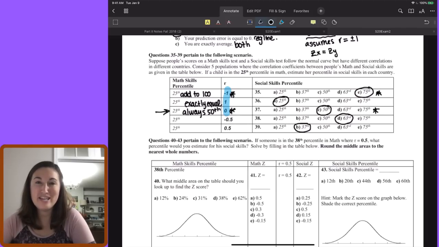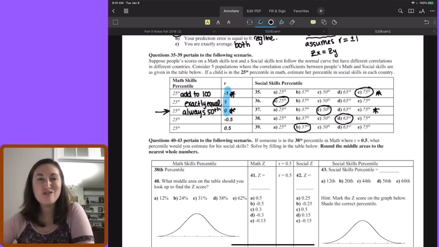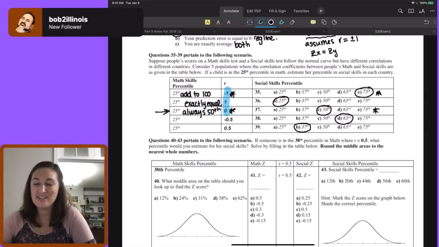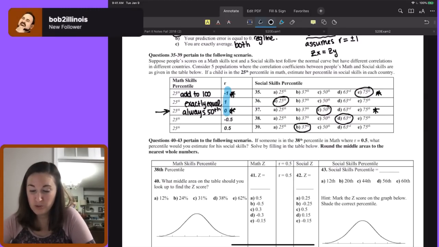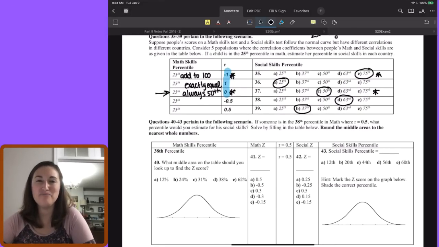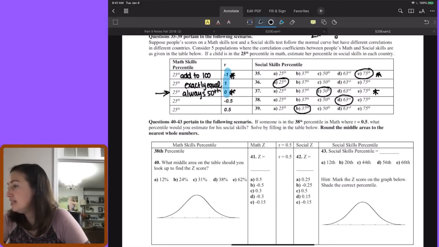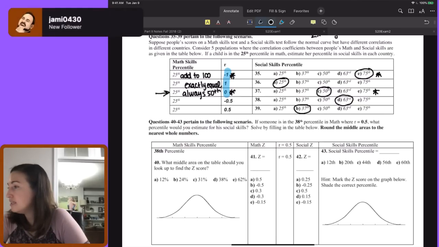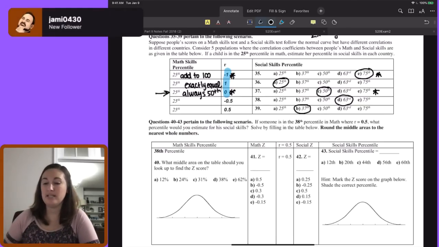So with a table like this, you can do it quickly if you want, or you could do it the long way. And actually, for the next question, I'm going to go through the whole way that we do this, basically without the table. Let's see. Why would the percentiles be opposite? So,